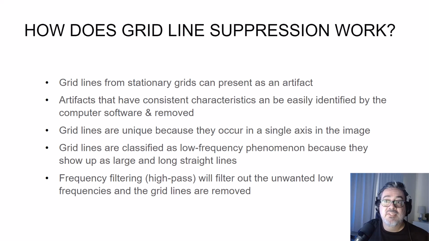Grid lines from stationary grids, or whenever you're not utilizing a reciprocating bucky, can often be seen on your images. These artifacts are easily identified by the computer software and can be removed. They're unique because they typically occur in a single axis in the image and are classified as low-frequency phenomenon because they show up as long, straight lines. Because of their uniformity, a high-pass filter will filter out all the unwanted low frequencies, which removes the grid lines